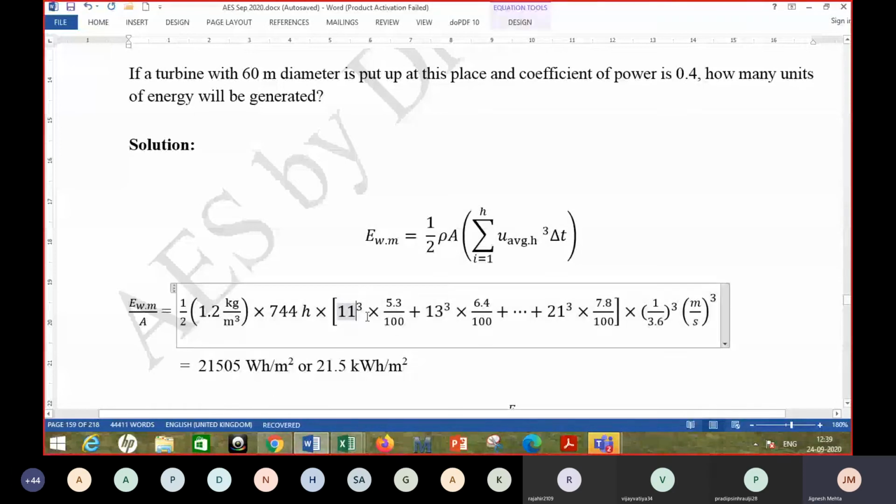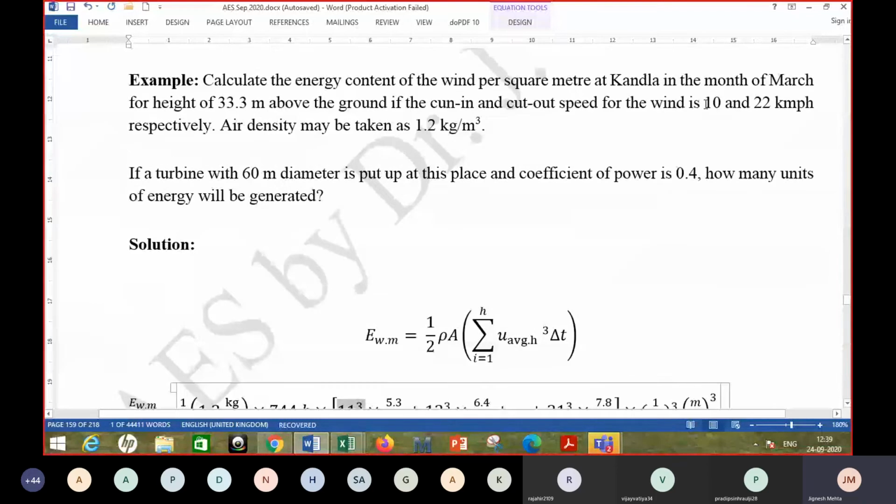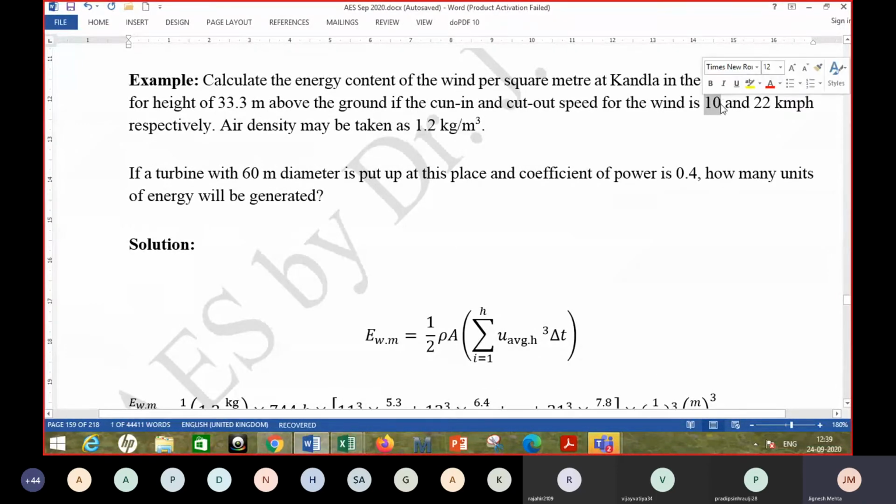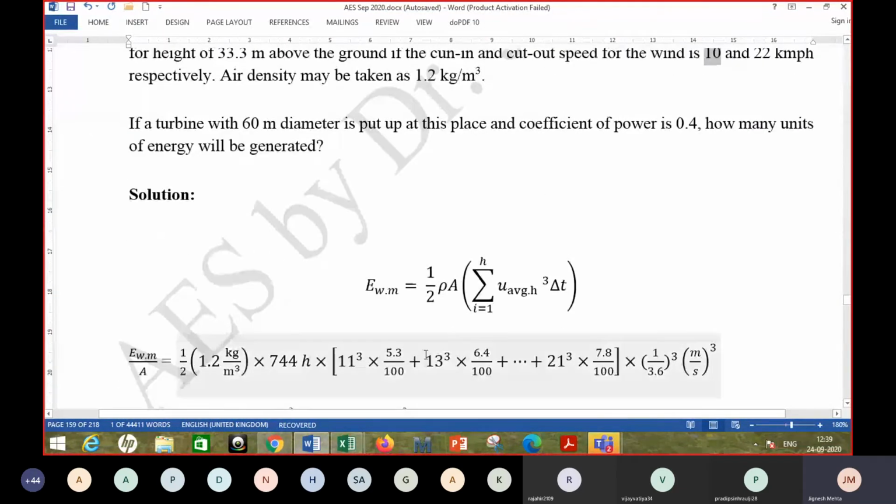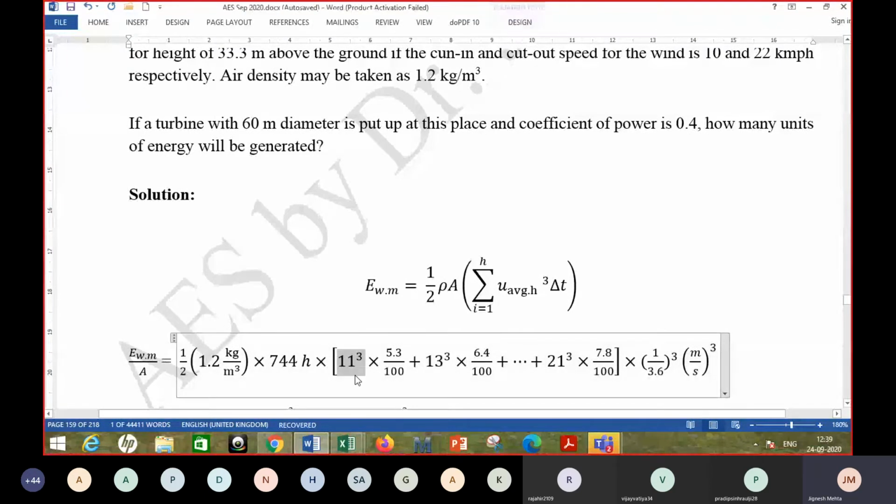So inside the bracket here, this is the cube of the velocity. We started with this range more than 10. So more than 10 is 10 to 12. So we started with that row, and the 10 to 12 average is 11. So that 11 is put here. This is not a perfect estimation. This is an approximate method. So 10 to 12 has been assumed to be 11 on average.